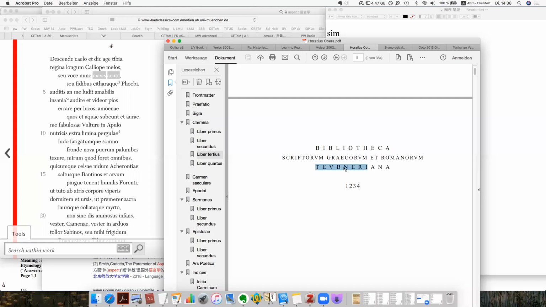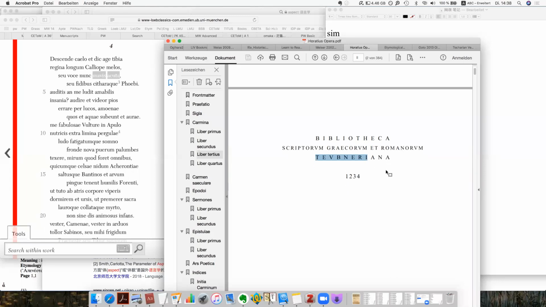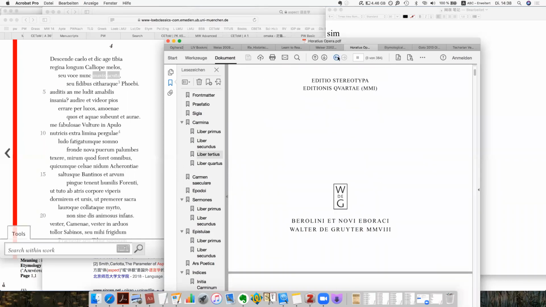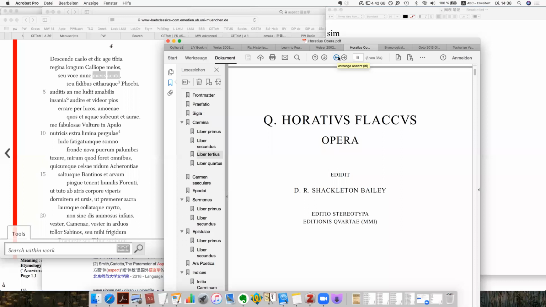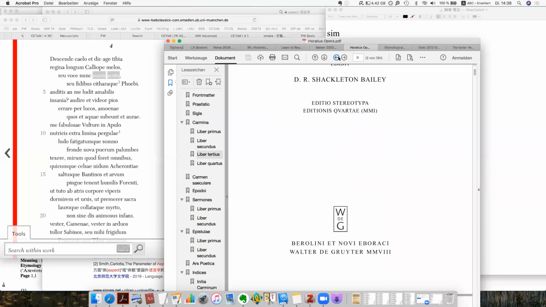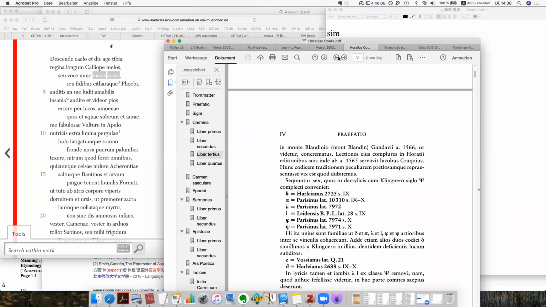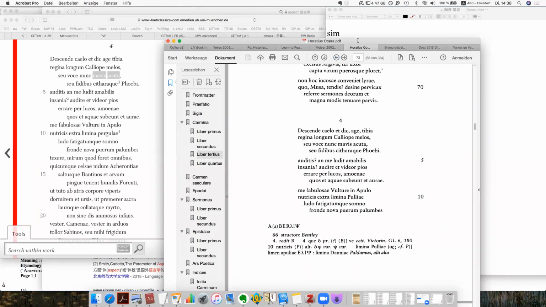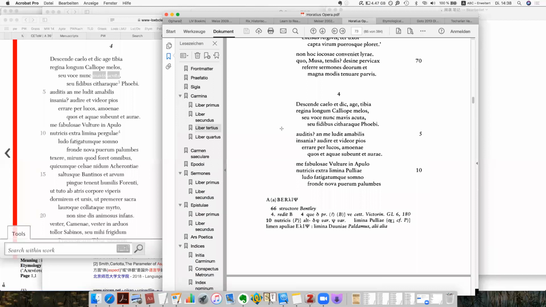Yeah, Teubner. Okay. And then, let's move back to this. So this is a text here. We can compare if they are different. Yeah, it's the same. So we can actually use this one. But this text edition is very good because there's a